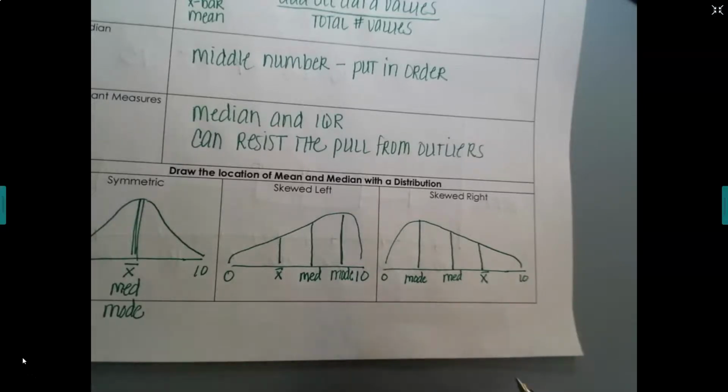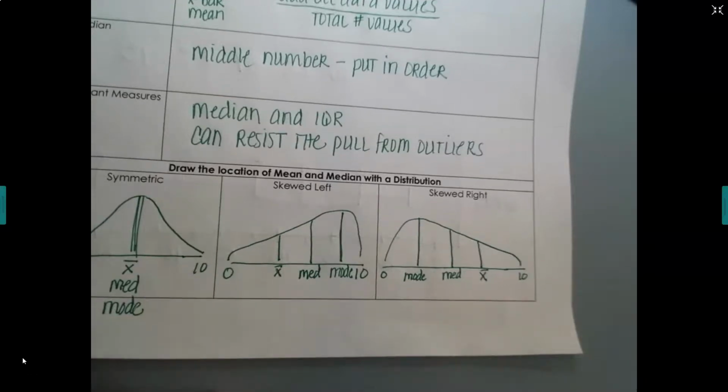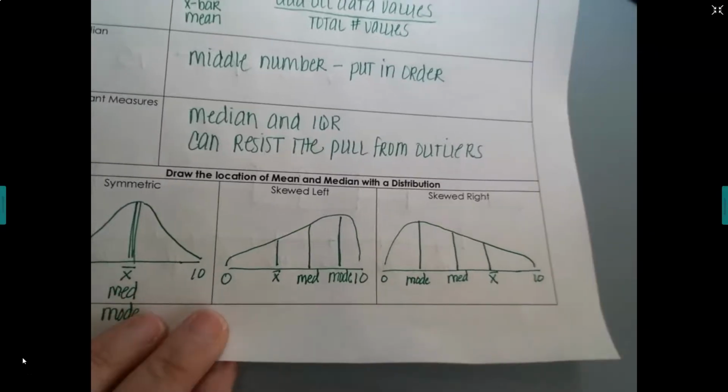So you could see some numbers, and if they're about the same, you could say, oh, I think the distribution is symmetric. If the mean is smaller than the median, you say, oh, it could be skewed left. If the mean is bigger than the median, it could be skewed right. Okay, so it just gives you kind of a heads up of what the distribution might look like if you cannot see it. And then on the back,